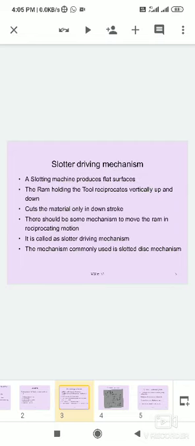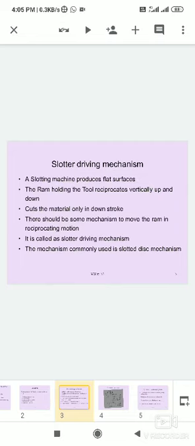If the bull gear rotates at a uniform speed in the anti-clockwise direction, the block rotates from E to F, causing the downward stroke, the cutting stroke of the ram. When the block moves from F to E, the return idle stroke is completed in lesser time. Thus, the quick return motion is obtained. The length of stroke can be adjusted by altering the position of the pin.